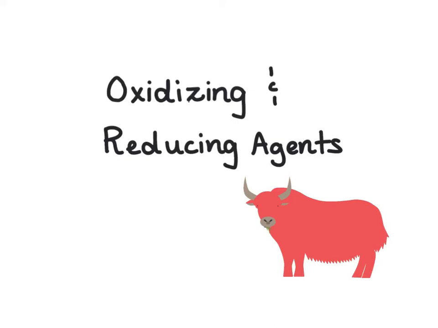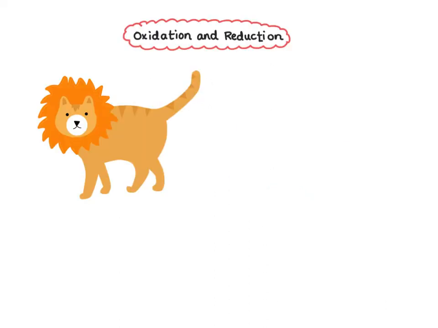In this video, we're going to look at the processes of oxidation and reduction and how we can use those to assign the terms oxidizing agent and reducing agent to species in a reaction. To understand oxidizing and reducing agents, we first need to understand what oxidation and reduction are. And we're going to use a pretty simple memory device for this, and that memory device is going to be